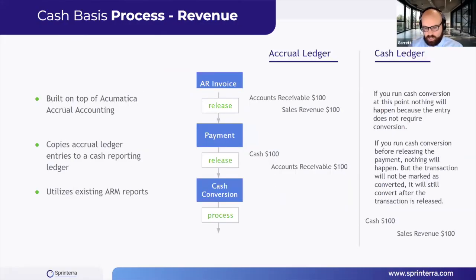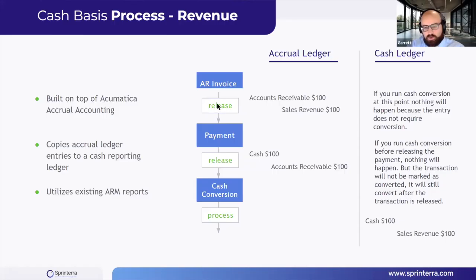So now let's talk about maybe from each side of this thing. So let's first talk from the revenue side. As I mentioned, this is built on top of Acumatica accrual accounting. It's not replacing. So you're going to run this side by side, and it's copying the accrual ledger entries to our cash ledger. So the workflow that happens here is, let's say you have a standard AR invoice in Acumatica